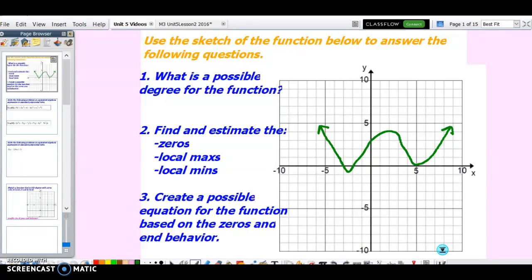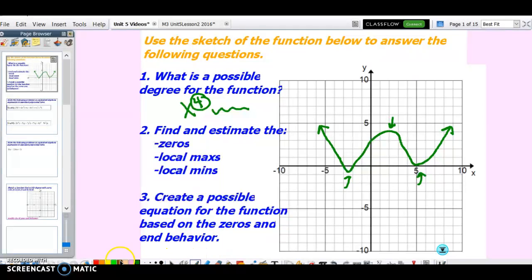We have a sketch below of a function and we're asked to determine what a possible degree might be for it. So if we look here, we see there's 1, 2, and 3 local maxes and mins. Therefore, remembering that the degree of a polynomial is always at least 1 higher than the number of local maxes and mins, a good guess for this one might be a degree of 4. So we could say a fourth power. We don't know what the rest is or if there's a coefficient out here, but that's kind of what they're